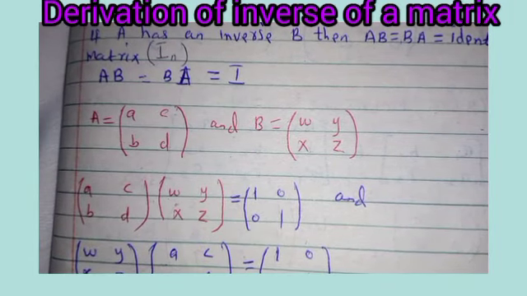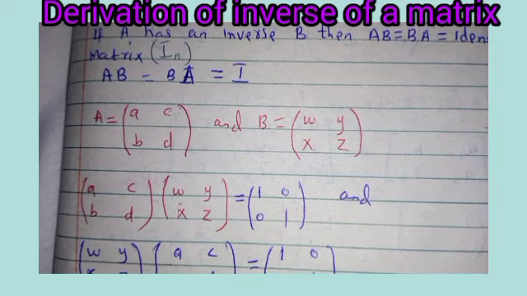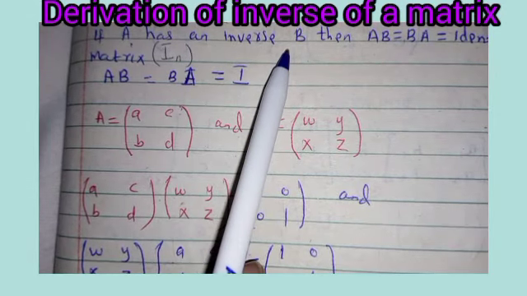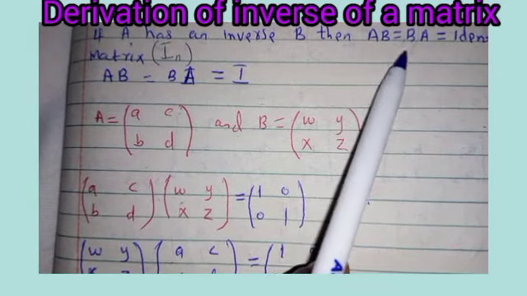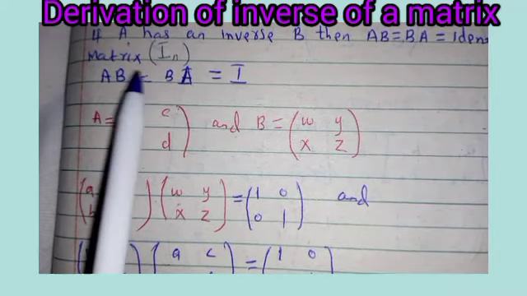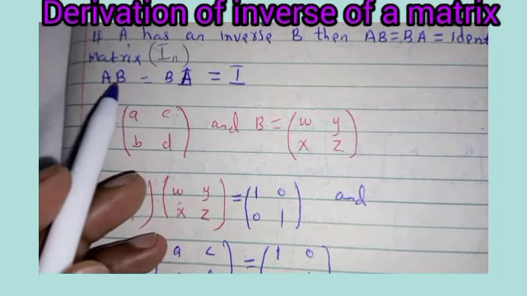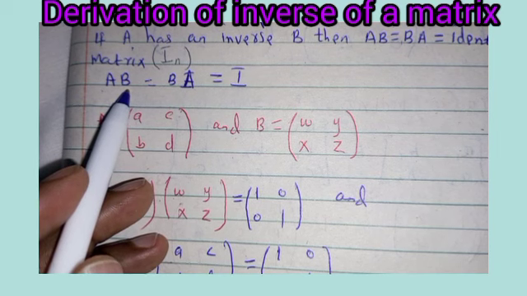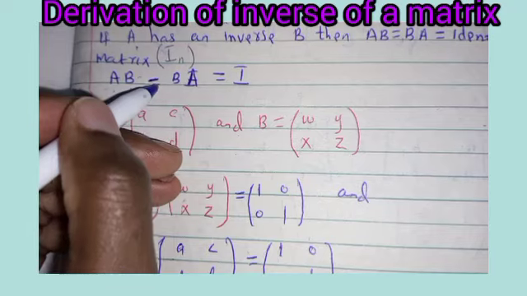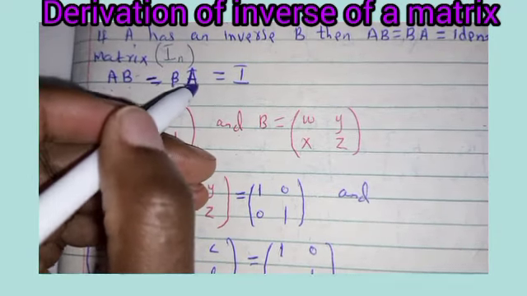We want to look at the inverse of an n by n matrix, and we are going to consider a matrix A. If matrix A has an inverse B, then A times B will be the same as B times A, which is equal to the identity matrix written as In. So A is a matrix, B is the inverse of A. When you multiply A times its inverse, it is the same as multiplying the inverse of A times A, and the result